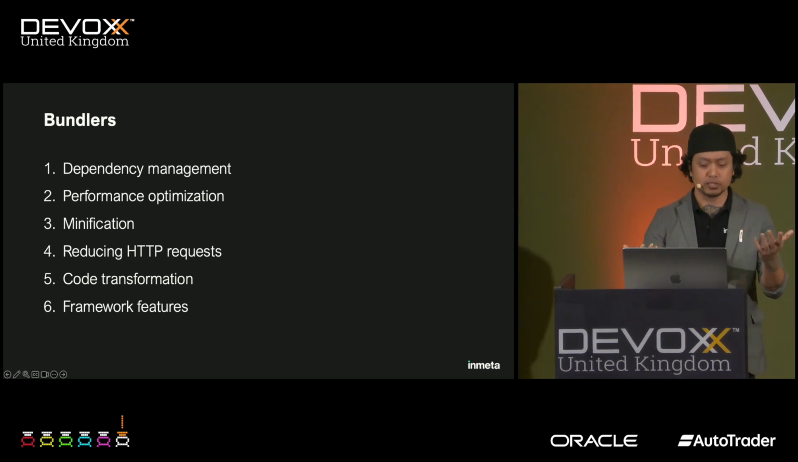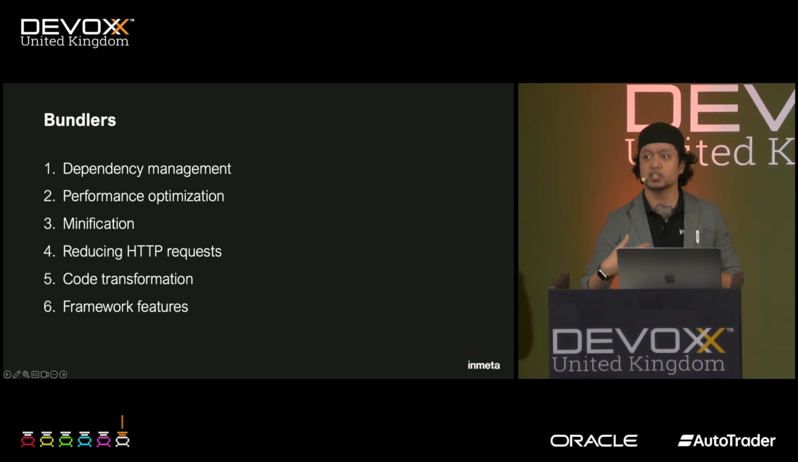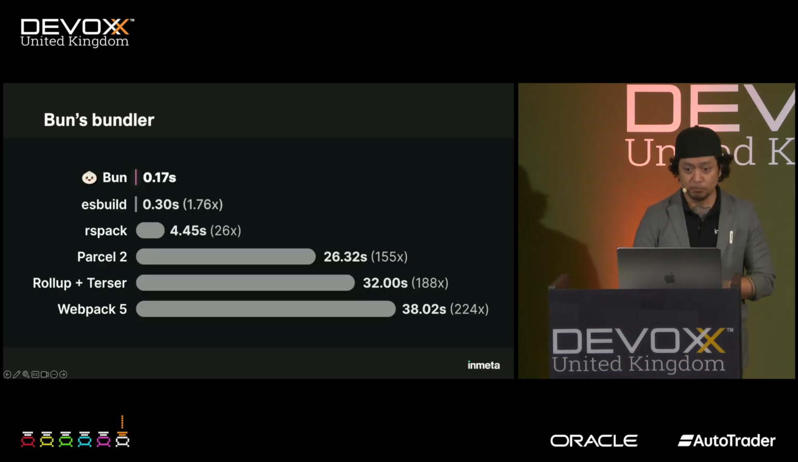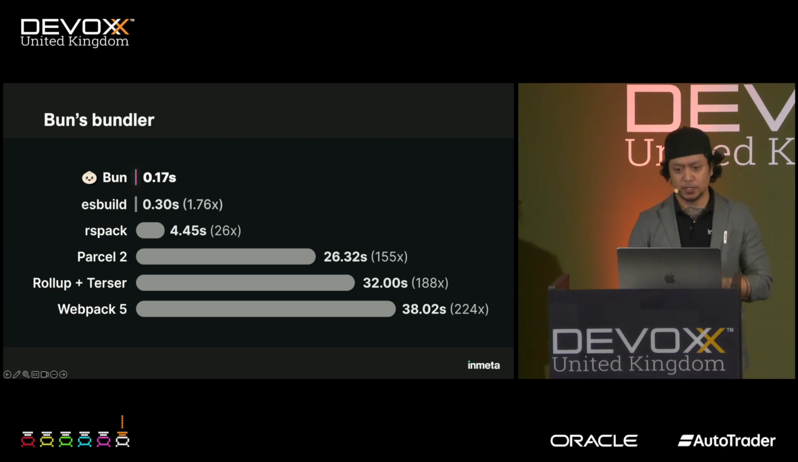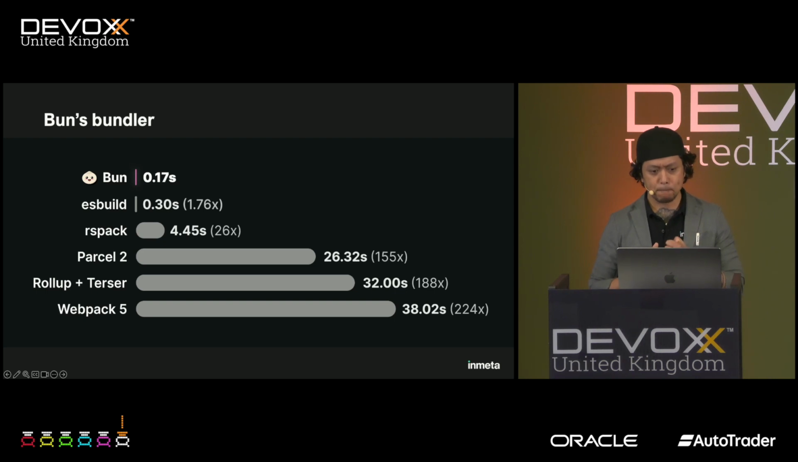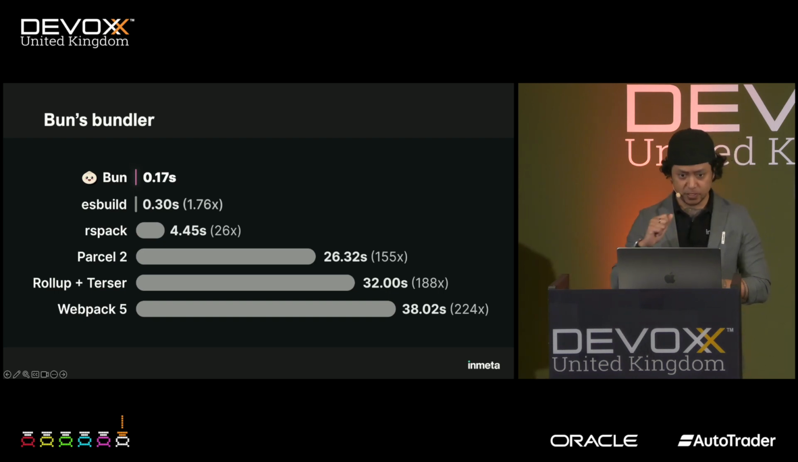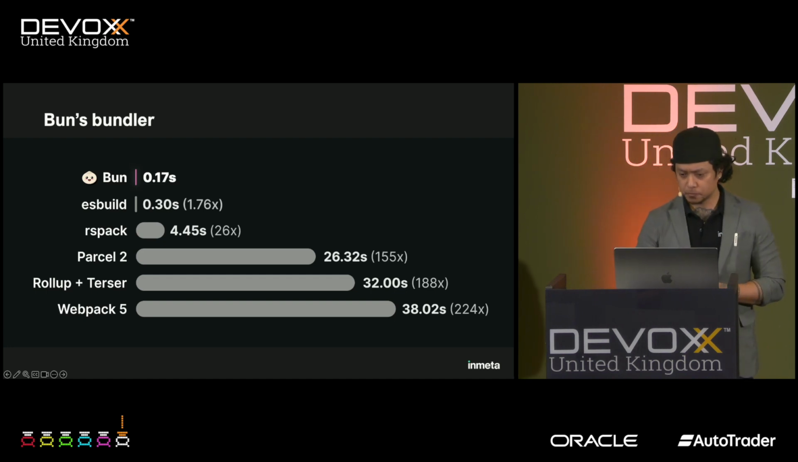So yeah, in short, bundlers are essential for efficient loading, code compatibility, and framework functionality in modern JavaScript applications. And in Bun, again here, it's fast. It's faster than ESBuild, which Vite is using, faster than RSPack, faster than Parcel, Rollup, Webpack, but no demo here,